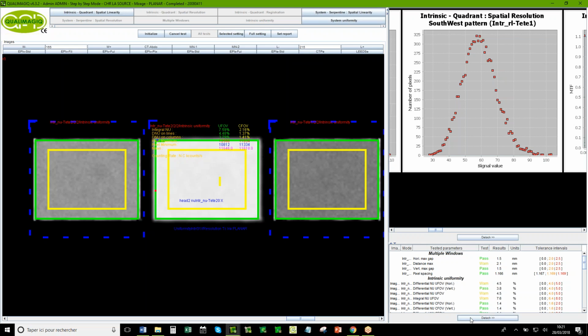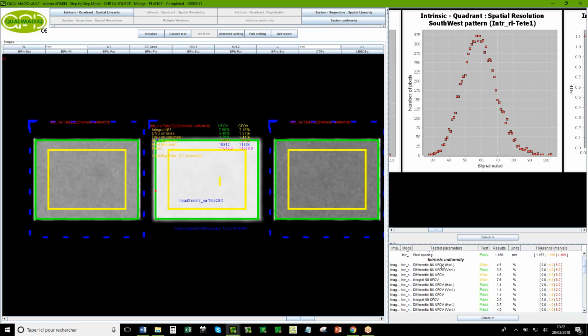So you define this field of view in the settings here, full settings. You can define your field of view where you want to measure this non-uniformity, NU. And we measure also the integral non-uniformity of the system.